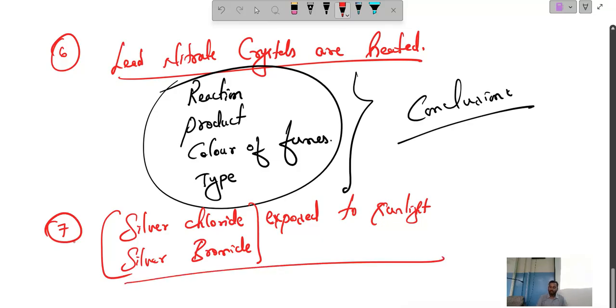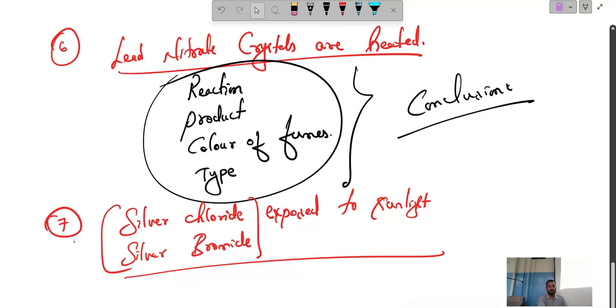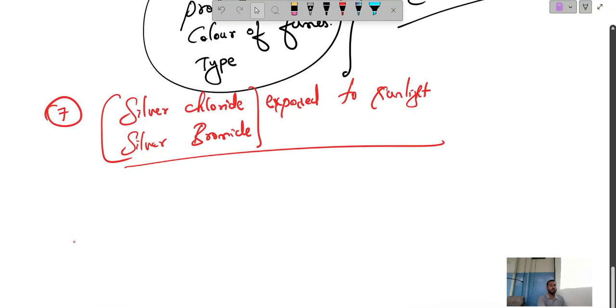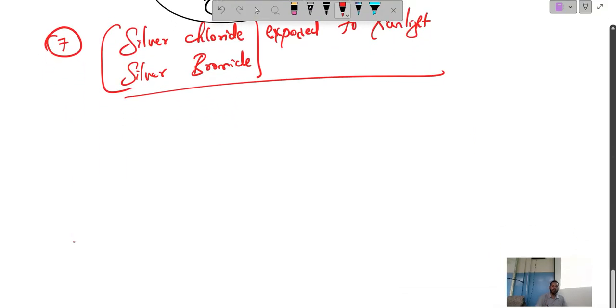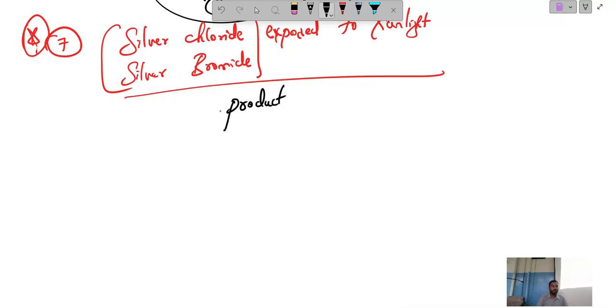Remember? So based on this, you can expect a question. Children, the possibility is more on this question also. Silver chloride and silver bromide, based on this topic, when they both are exposed to sunlight, they may ask you to write the product. Name the product formed when silver chloride is exposed to sunlight. Understood? You are supposed to write what happens. What happens when silver chloride is exposed to sunlight? Name the product formed. They may ask you to write the product formed,